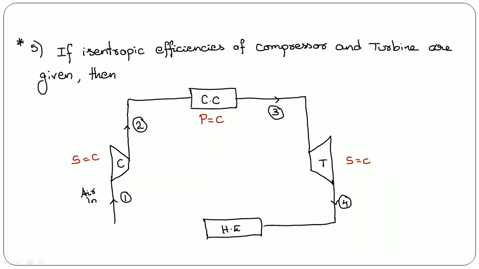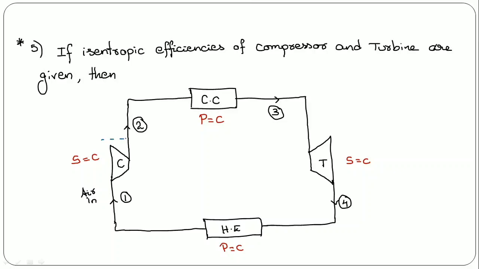This is the ideal case. So in this heat exchanger, from process 4 to 1, heat will be rejected at constant pressure. So this is the ideal cycle that we have considered, and this is a closed cycle gas turbine plant. Now here, let us see some important aspects. If you observe closely here, each component of this power plant can be considered as a system.